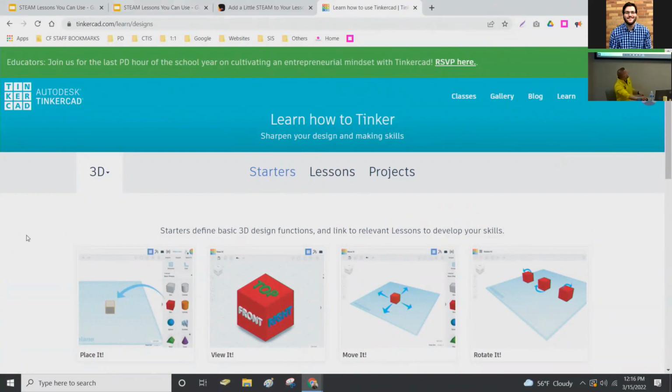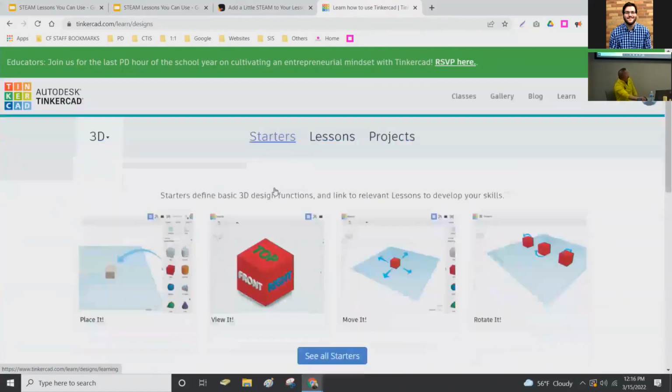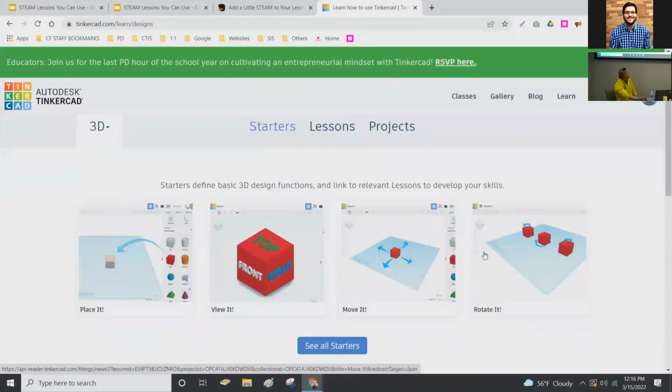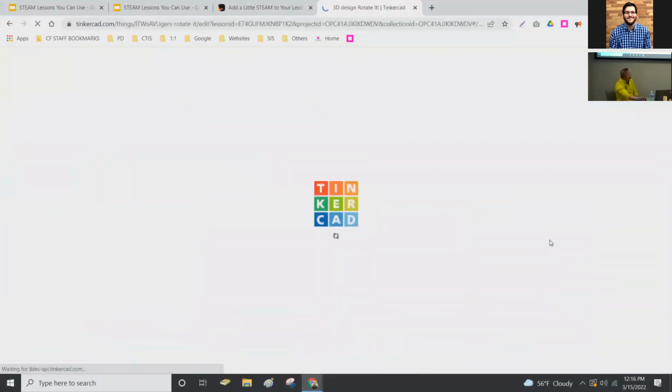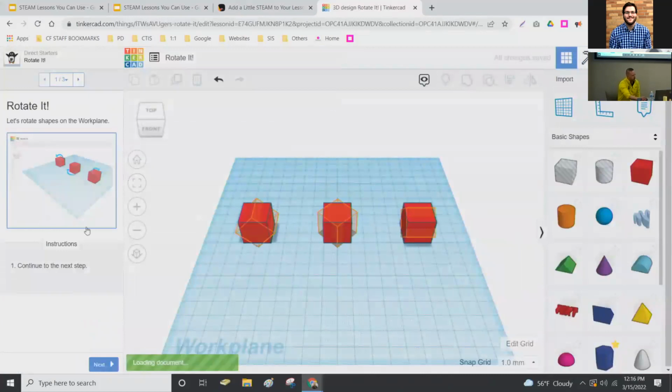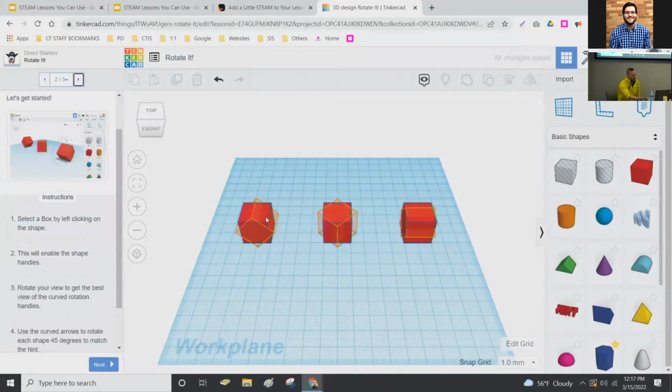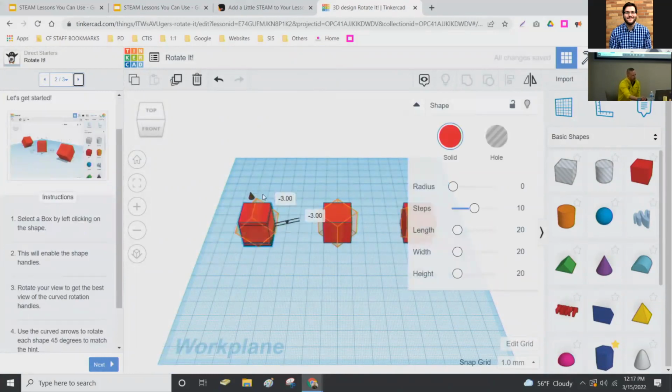And so Tinkercad not only has a dozen or hundreds of videos, but they've got an entire learning section that students can click on. So if I want to learn how to, let's just say, rotate an object, on the left I actually get a tutorial that walks me through, okay, the first step to rotating is, and then you click through, and it takes them through this exploratory tutorial. The teacher doesn't have to prep for it or be any part of it. They just have to provide that opportunity for their students, and the students can learn right through Tinkercad. So not even watching a video, but just step by step on the left.